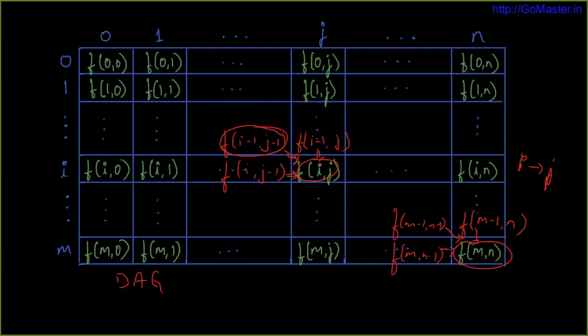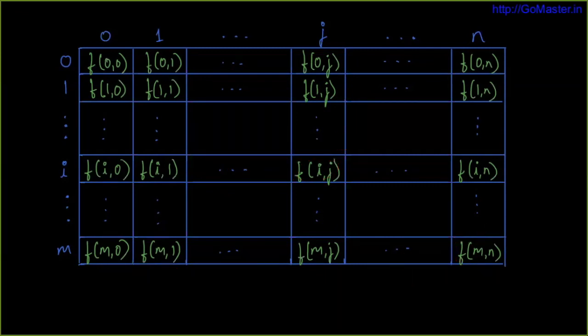So that leads to a directed acyclic graph. And if you get a topological order of this directed acyclic graph, that order is one of the orders. If you can implement in that order, that's going to be a bottom up way of actually implementing it, because you don't depend on anything when you're computing that. That's the topological order. So in this case, topological order is very simple. The base cases are already available for you.